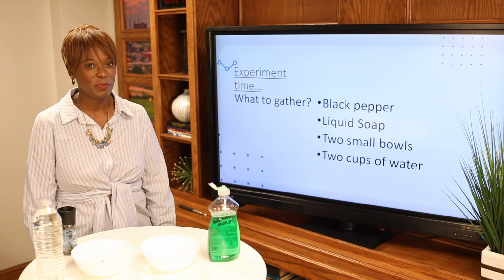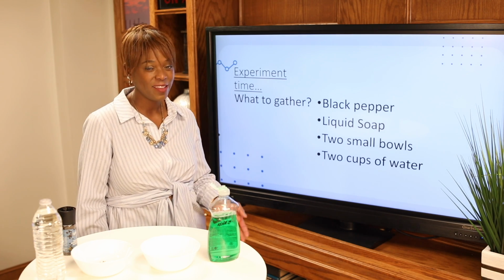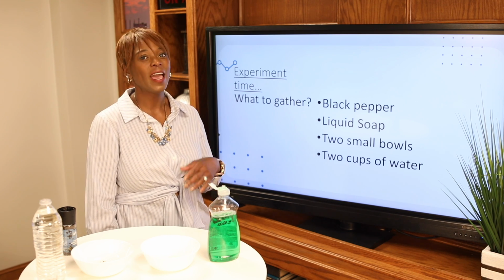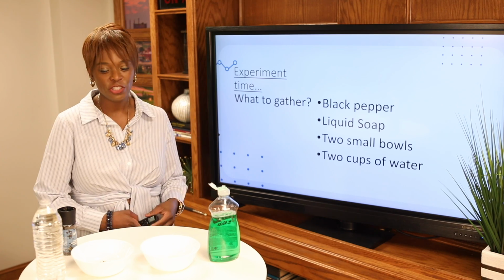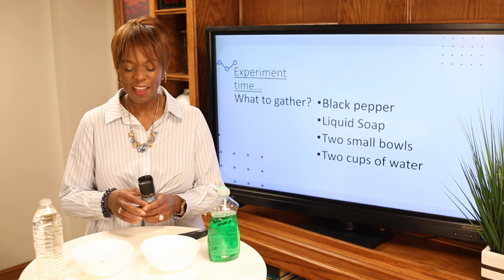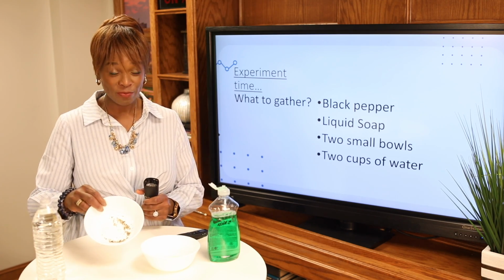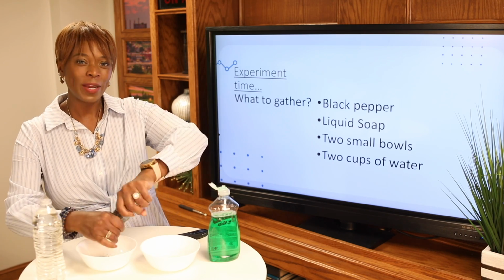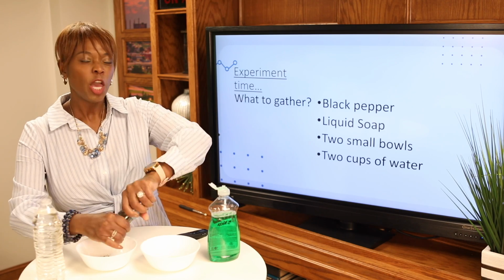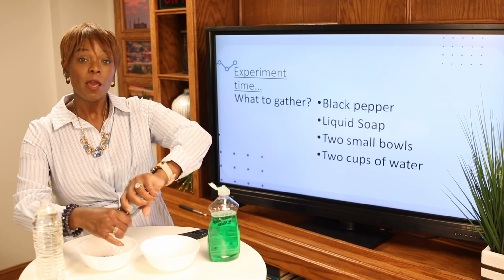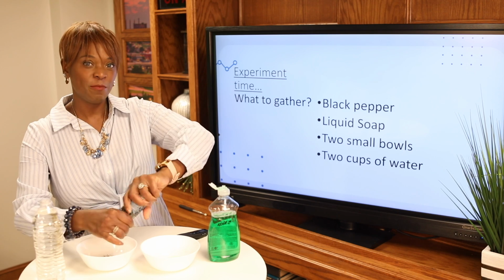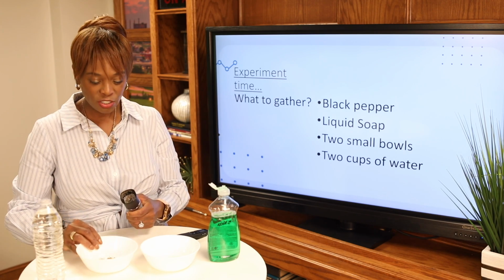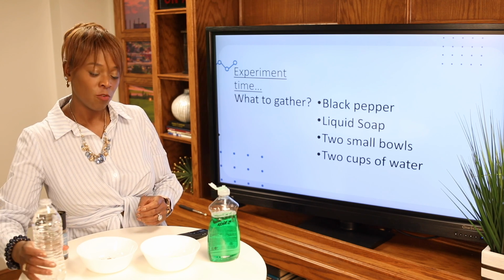Now it's time for our experiment. Did you gather your things? If you didn't, just make a list and you can work this out with us at another time. So first, you need black pepper. So I've put a little bit of pepper in our bowl. I'm going to add a little bit more. If you have already ground pepper, that's fine too. You don't have to crush it, but you need a good dose of black pepper in your bowl, and that should be enough. Next, you need to put a small amount of water in your bowl